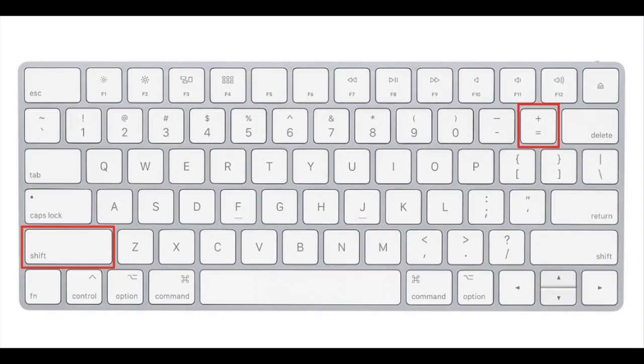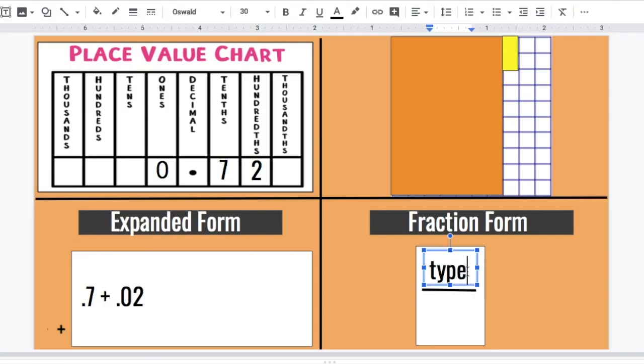To type the plus or addition symbol, hold down the Shift key and press the equals symbol. You'll notice that the plus symbol is right above the equals symbol. What this means is, if I type this key normally, it will give me an equal sign. If I hold the Shift key down, it will give me a plus sign because the plus is above the equals symbol. And finally, in fraction form,